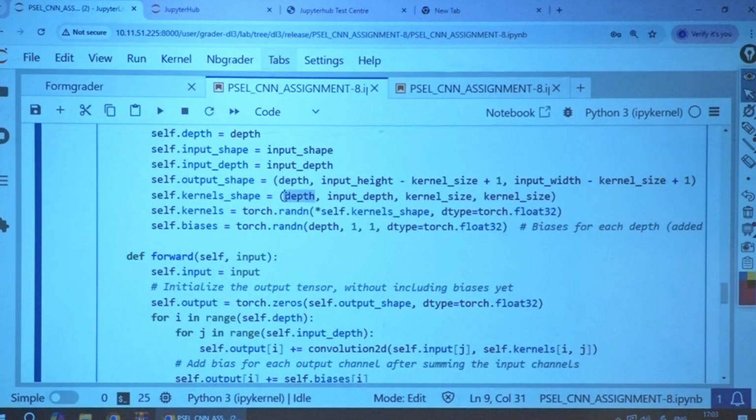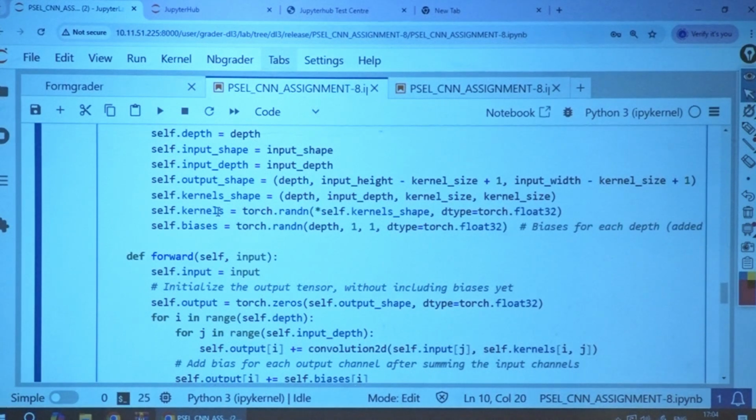The depth, the number of channels we applied, comes first, then the input depth, and then the kernel height and width. Once we define these two, we are able to initialize these kernels and biases.